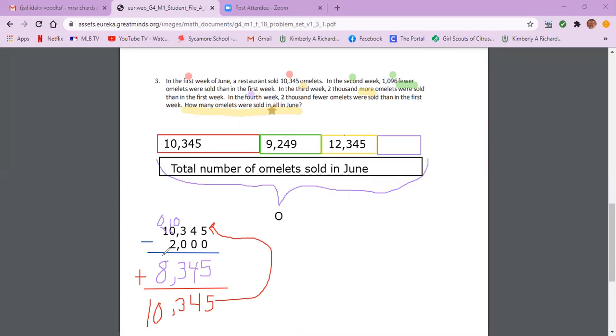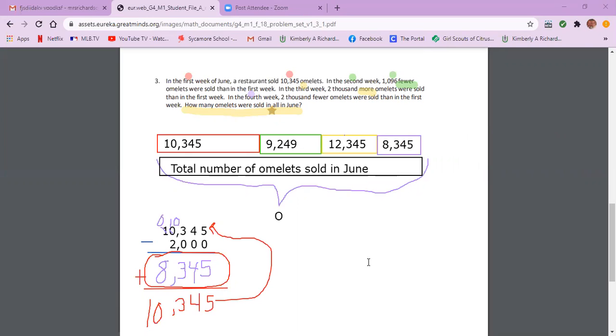So here's our answer of how many omelets were sold that 4th week. Okay, they sold 8,345. 8,345 were sold in the 4th week. All right, now the final